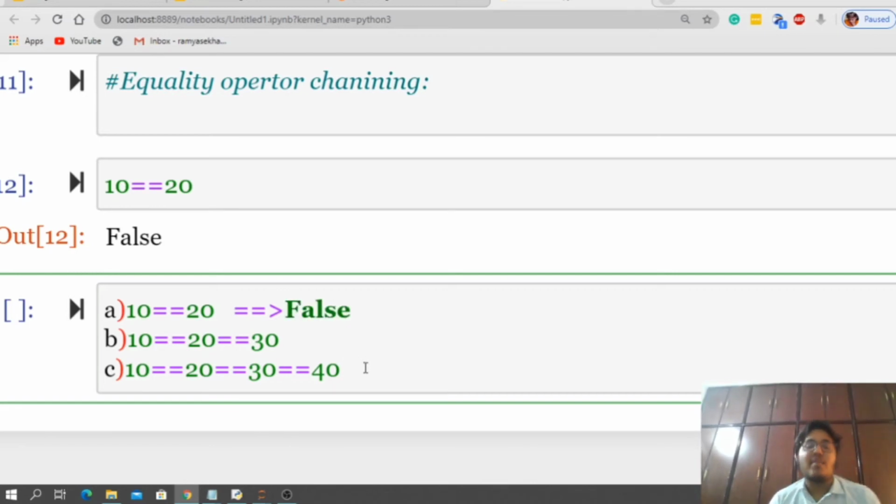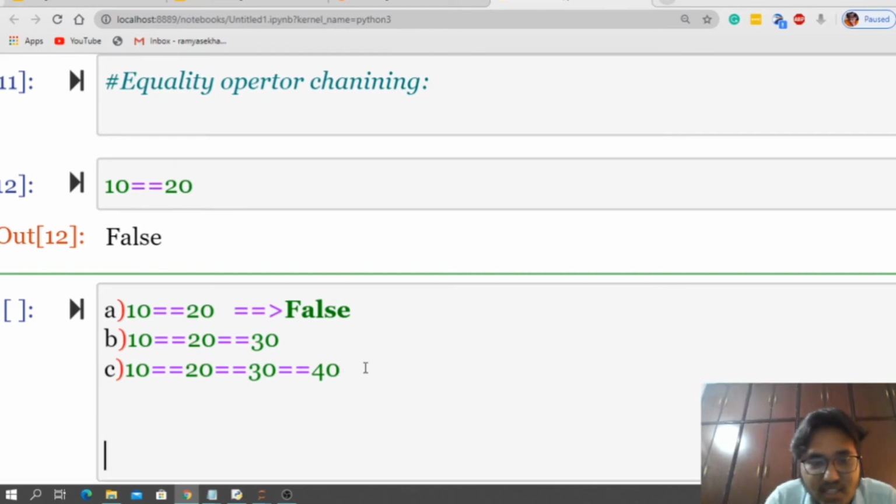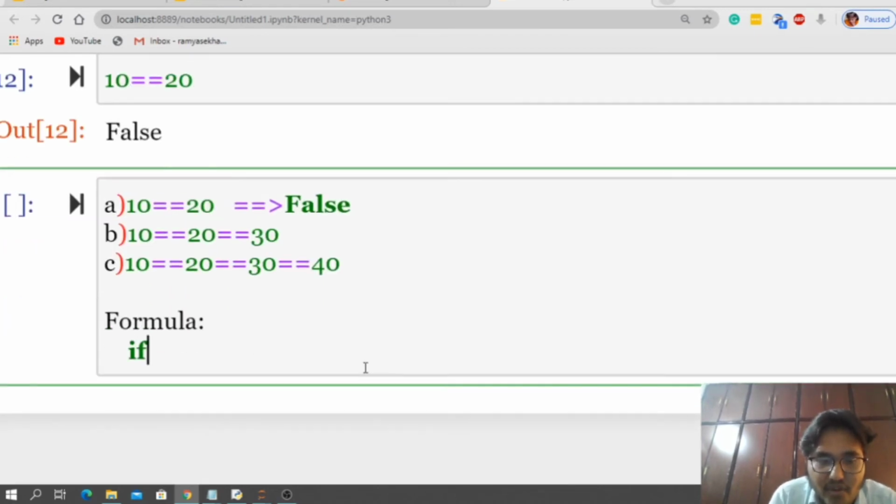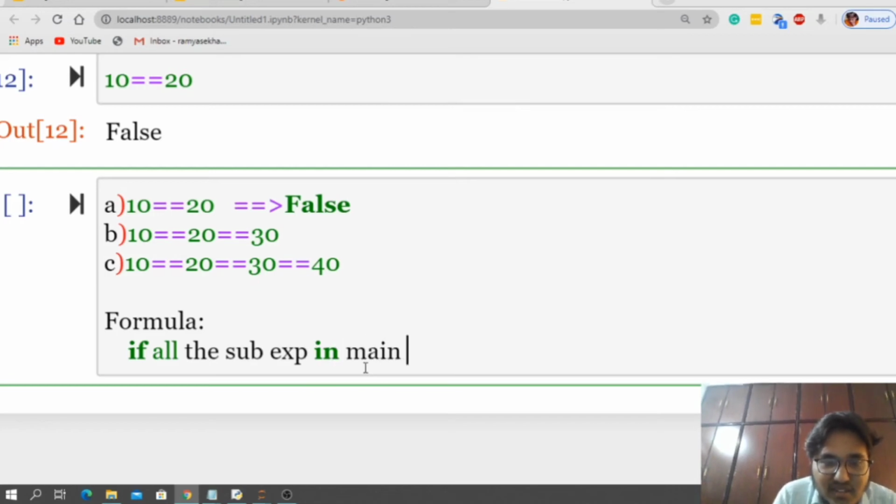The same formula that we have used for relational operator chaining, we will be using here. See, what is the formula we have used there? If all the sub expressions in the main expression are true, then only we will be getting true as an output.